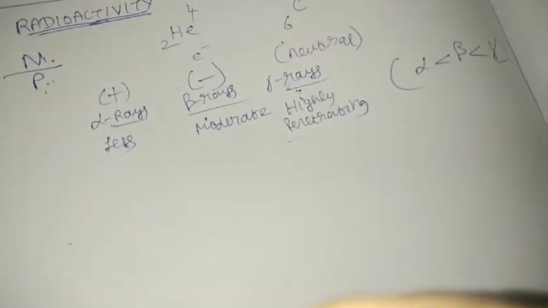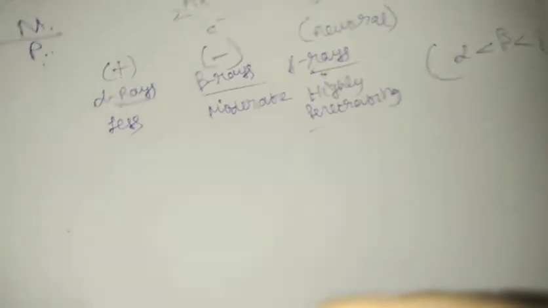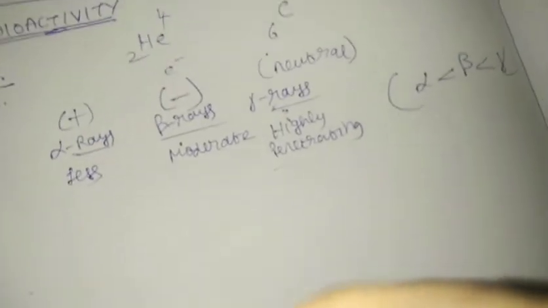That's all. You need not worry about how they are radiated, what reactions are happening. All that you will read in your 12th standard. So simple thing, this was found by Henry Becquerel. Certain elements emit radiation on their own, and this phenomenon is known as radioactivity, and the elements which do this are known as radioactive elements. That's all you need to know.